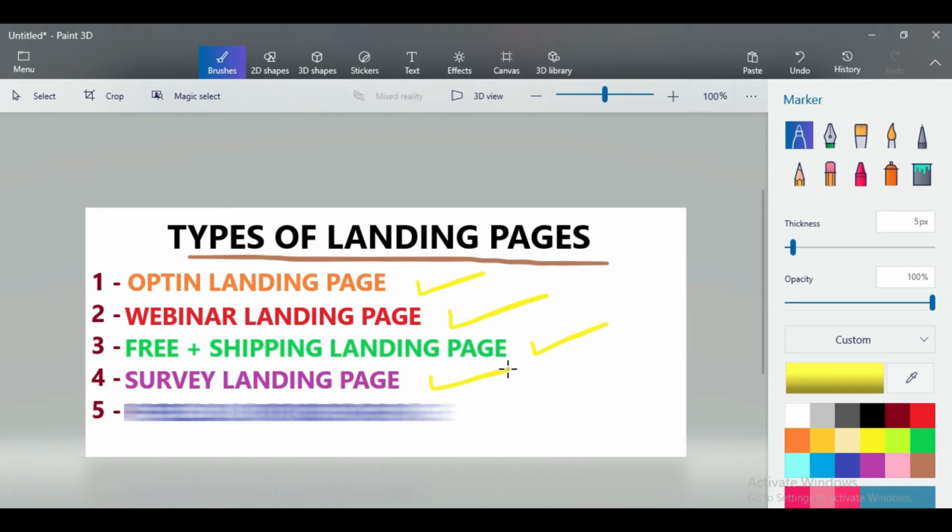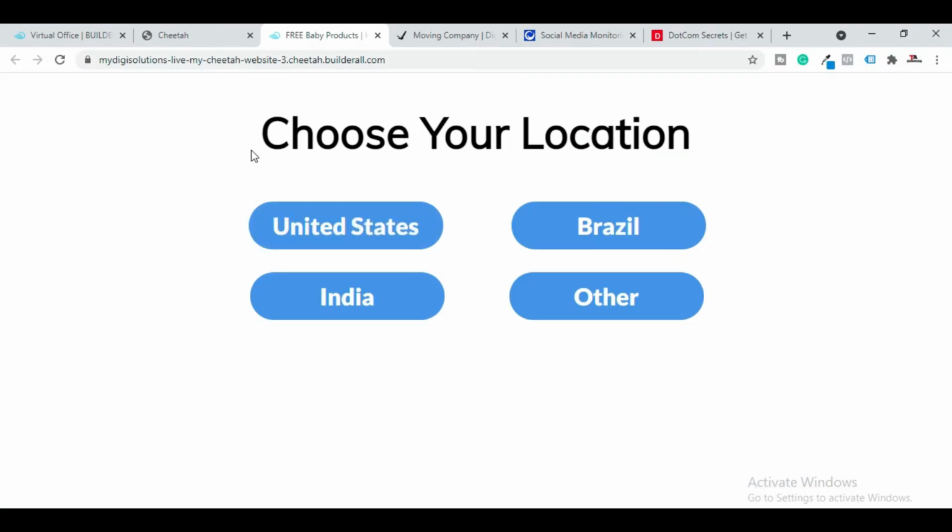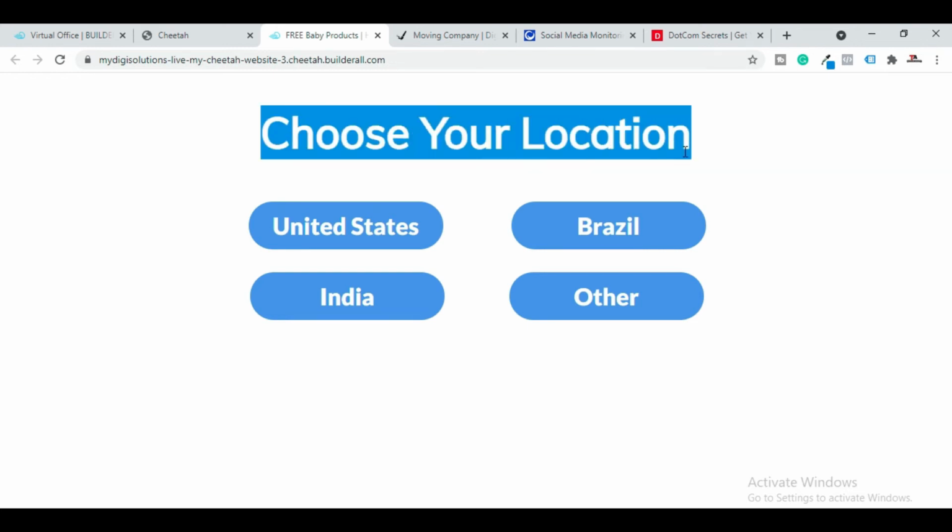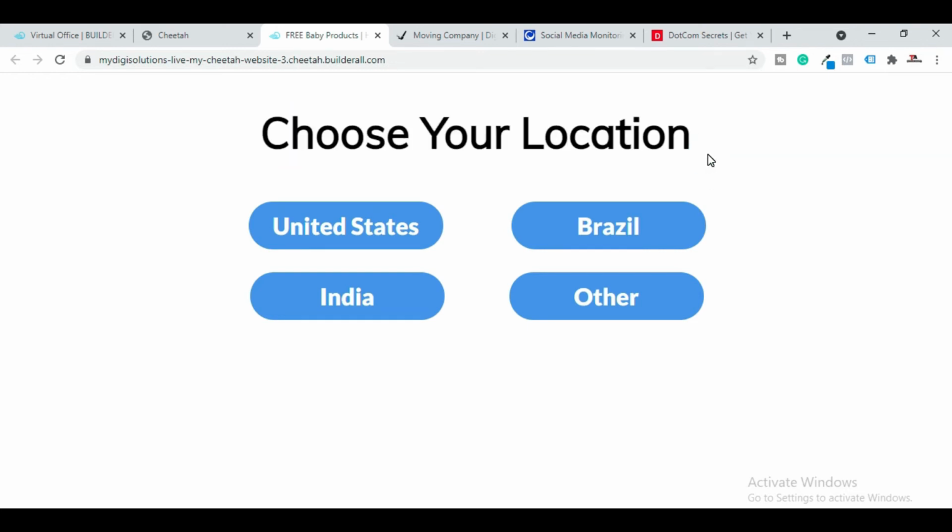Now let me show you an example of a survey landing page. So now you can see here the example of a survey landing page. Here you have asked a question to the user like choose your location. You have asked them to choose which country they are from, and the user has to click on a button. If they are from United States they will click on this, if they are from India they will click on this, and if they are from any other location that's not written over here then they have to click on other. So the main purpose of this type of landing page is to interact with the user,